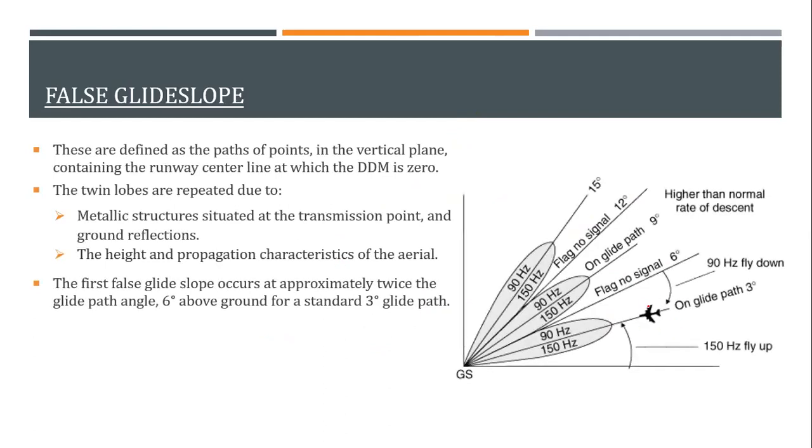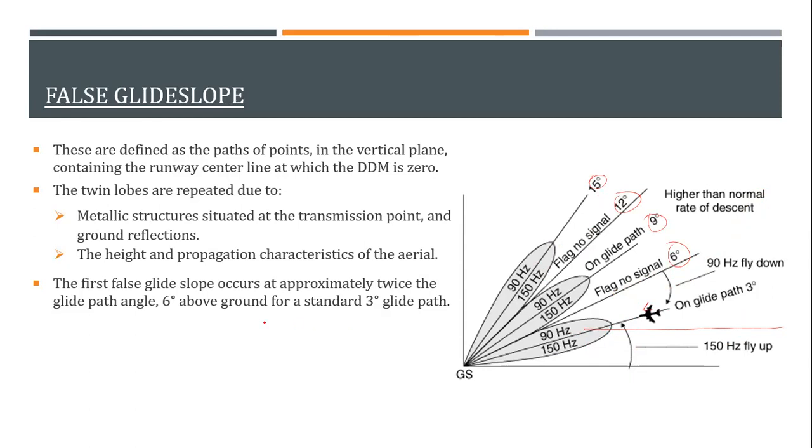So what is this glide slope? You need to understand, this is the aircraft. As I told you, 6 degrees, 9 degrees, at 3 degree intervals, these are happening. Okay, this is the correct one. And that is the sole reason all the pilots, as a procedure, always intercept the glide path from below. We never come from above and intercept it. Why? Because there are high chances that we will think that this is the correct glide slope. So the procedure laid down by all the authorities is to intercept the glide slope from below.